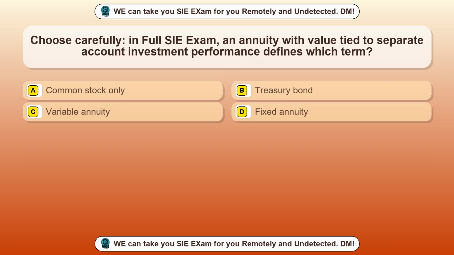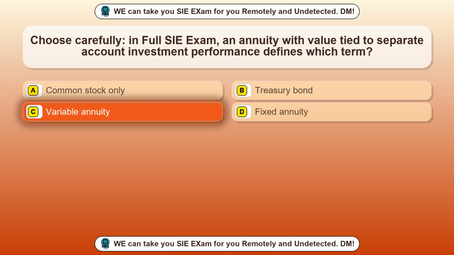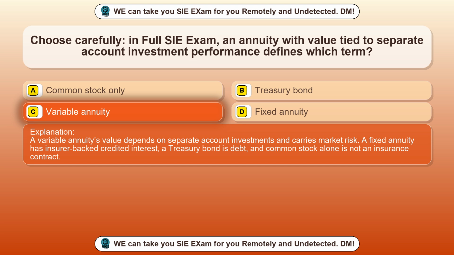Question 20. Choose carefully in full SIE exam. An annuity with value tied to separate account investment performance defines which term? Option A, common stock only. Option B, treasury bond. Option C, variable annuity. Option D, fixed annuity. The correct answer is option C, variable annuity. A variable annuity's value depends on separate account investments and carries market risk. A fixed annuity has insurer-backed credited interest, a treasury bond is debt, and common stock alone is not an insurance